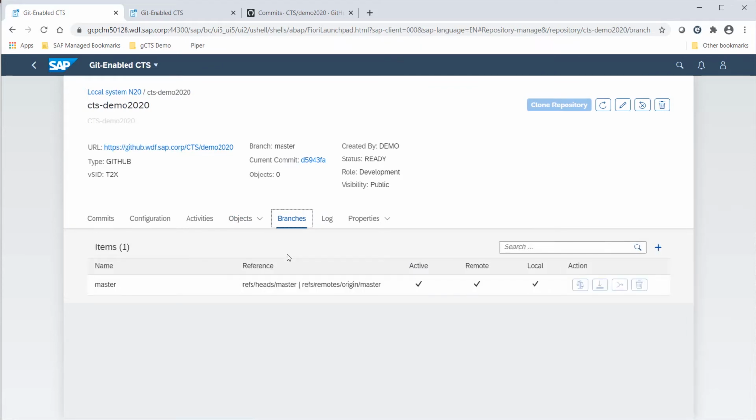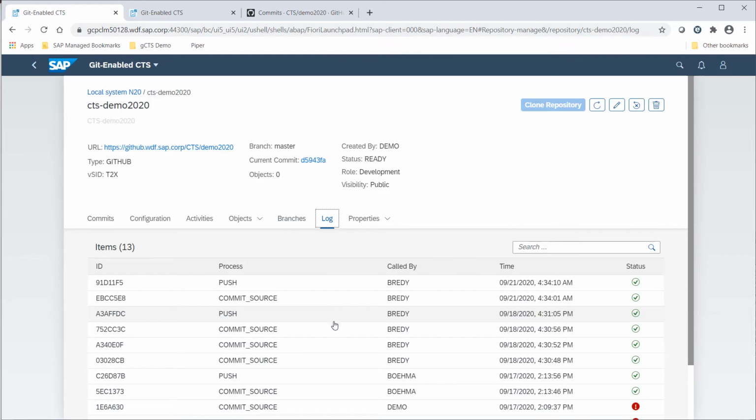There's another tab for the branches. In here you can see that for our repository, we currently just have one branch, the master branch. You can create new branches, and then you can decide which shall be the active one. If you switch to another branch, then the most current commit of the respective branch will be deployed to your ABAP system, and that commit would be the active version of your objects in the ABAP runtime system. There's also a log where you can find out what had happened. You can see if everything was okay with the latest activities or if something went wrong.